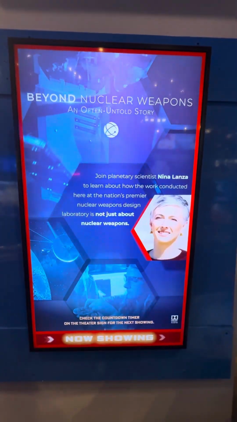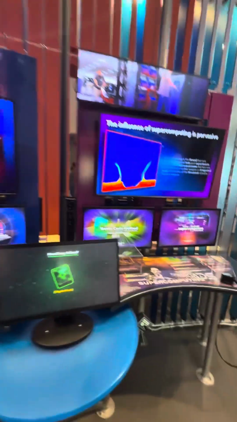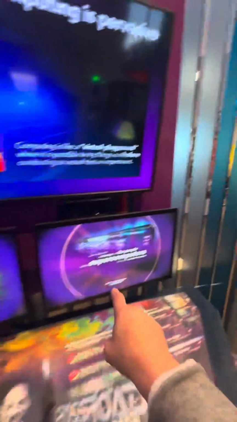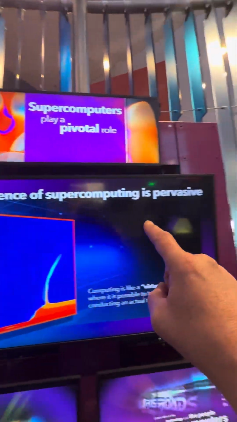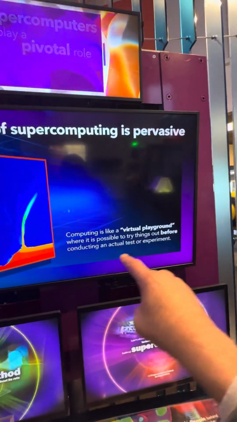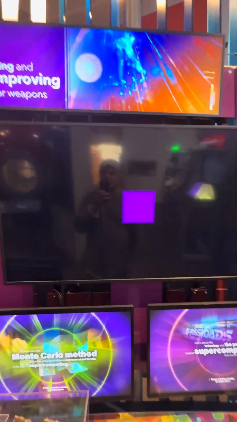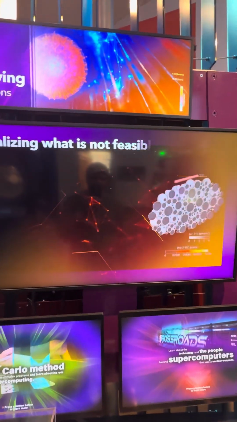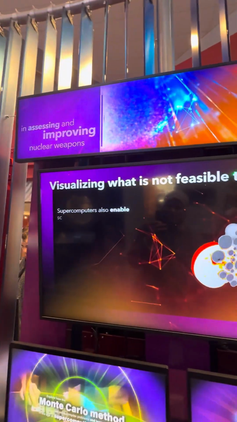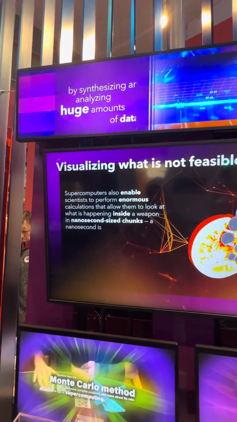You can pause it if you need to, but then we'll cruise over to the Monte Carlo method, the supercomputers, and the influence of supercomputer processes. Computers are a virtual playground where it's possible. Oh, come on. I'm trying to get through this. Visualizing the non-feasible today, supercomputers is also